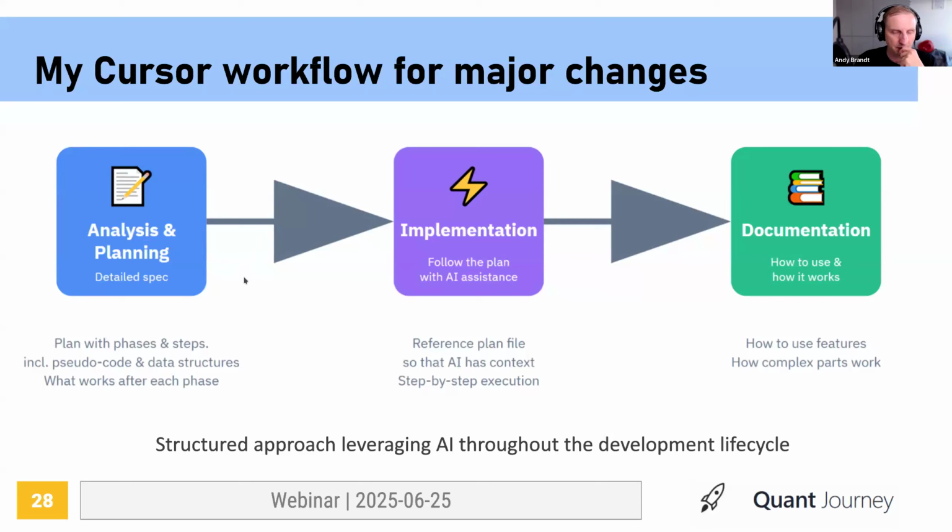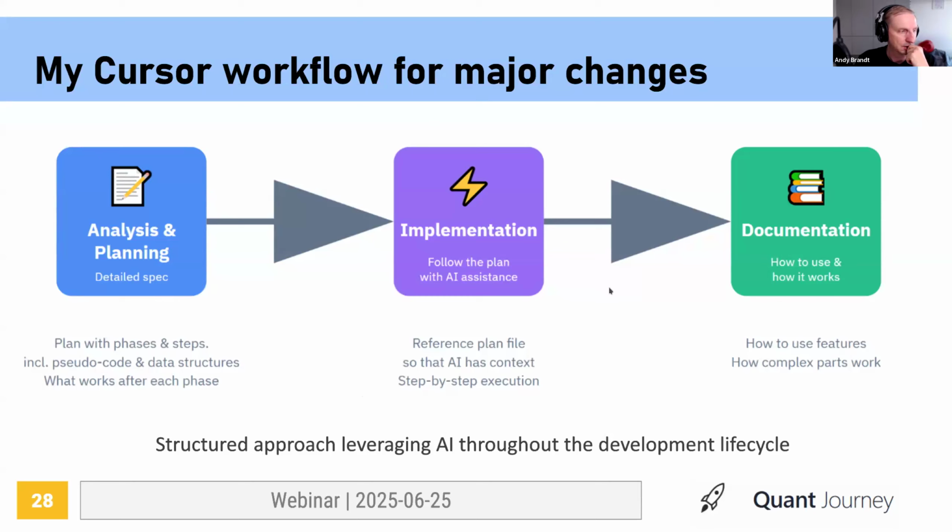And I'm saying a model because I use different models and different contexts for that. In this demonstration, I will not be using Cursor for that. I will be using Gemini. So I will be first strategizing and creating a plan with the model. Then I will give that plan to the model in Cursor,